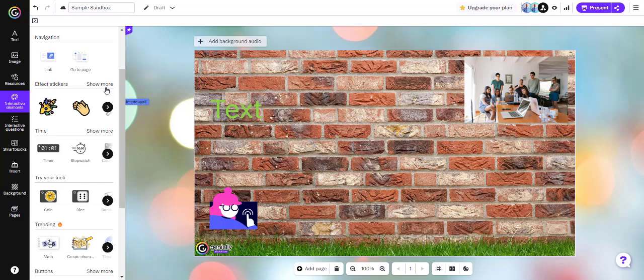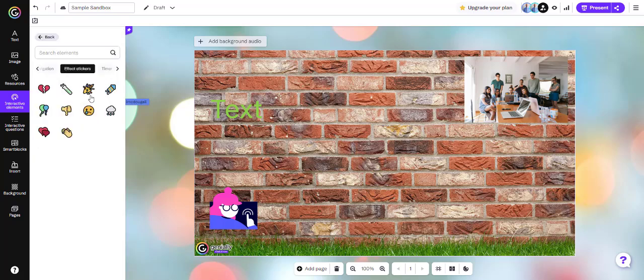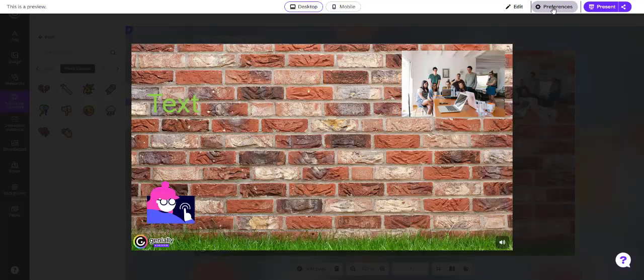For example, if you want to add some effects to this, all you have to do is grab one of the effects and drag it onto your screen. Now, when you see it on your screen, it doesn't really look like anything is happening here. You can see the little thing is moving, but what we want to do is go to preview here. And when we preview it, you'll see it. Now, if I click on it,